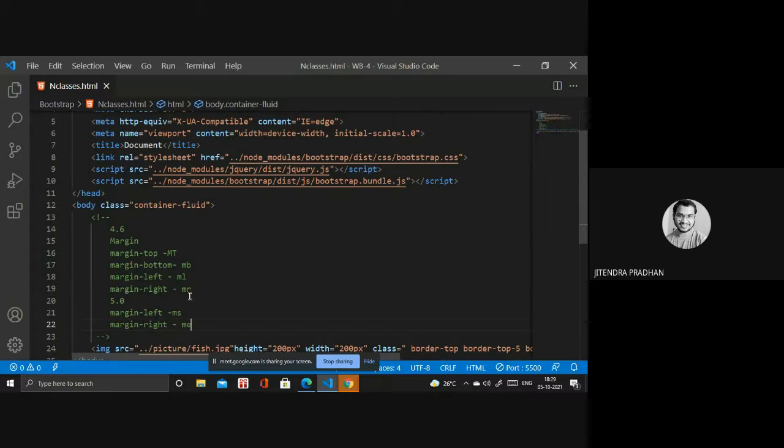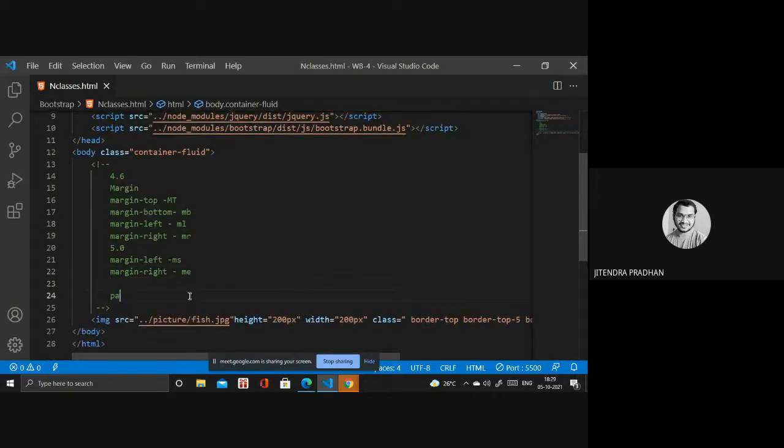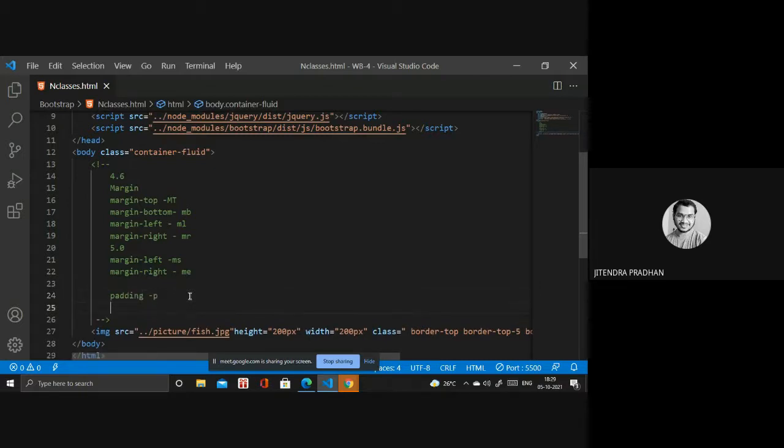So next thing is padding, right? Like padding 10 pixel, whatever we are using inside that. If you need padding, then you have to use P for padding. I will write inside padding. Padding is P. If you want padding left, padding right, padding top, padding bottom, then you have to use PL, PR, PT, PB, all these things.